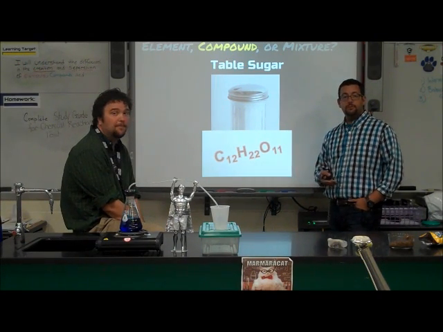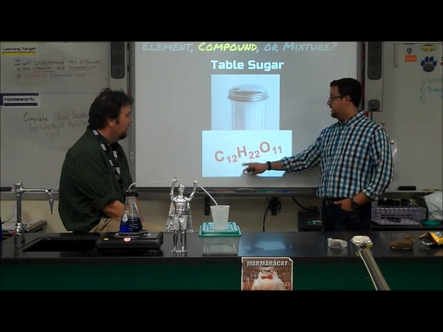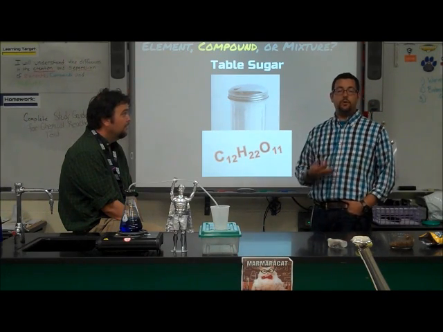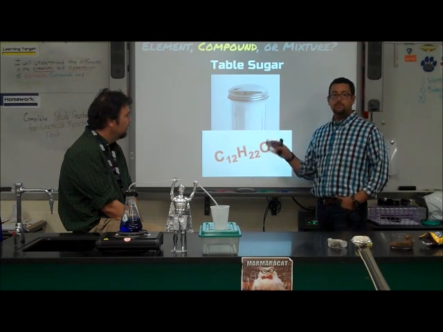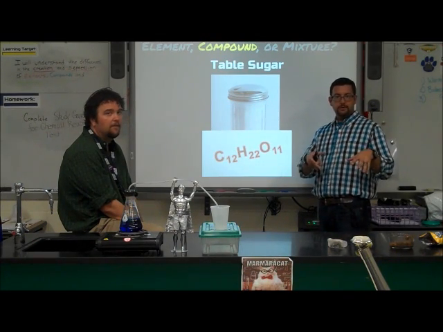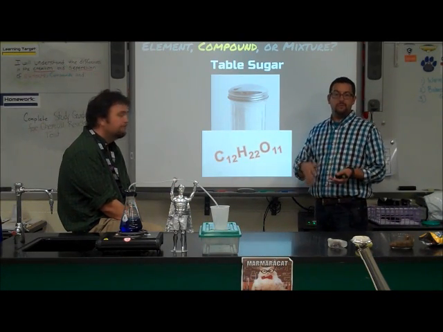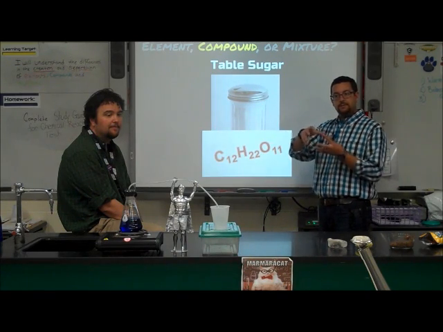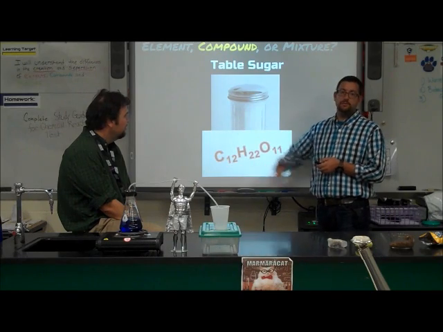Also important to note, we've been using in class the chemical formula for sugar, C6H12O6. That's the formula for glucose, which is our simplest sugar. So table sugar is a larger, more complex sugar, but if you'll notice, it's basically double the original formula for glucose. That gives you an idea of how we can structure these compounds to become larger or smaller, but still maintain the same ratio. Those ratios are important.